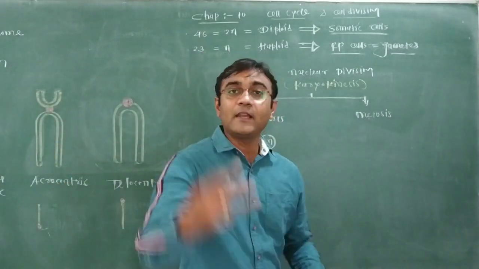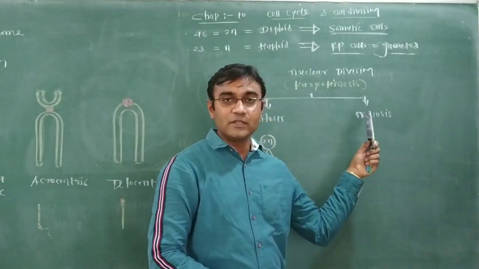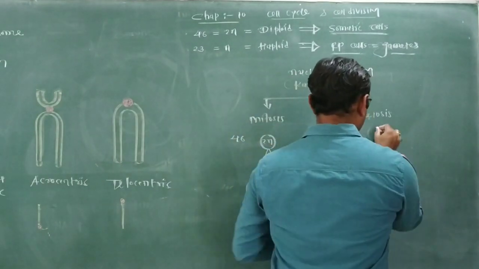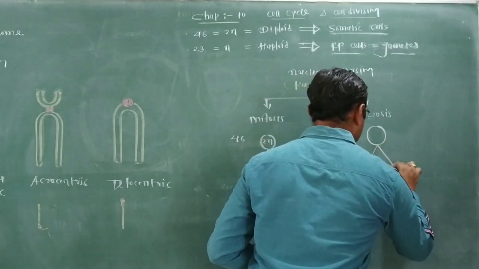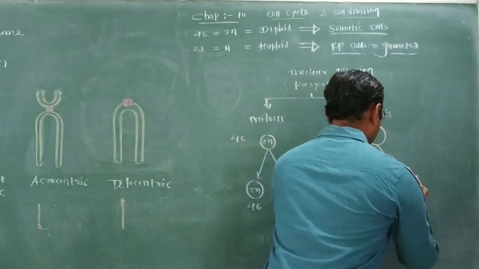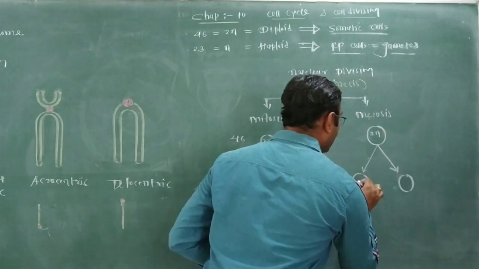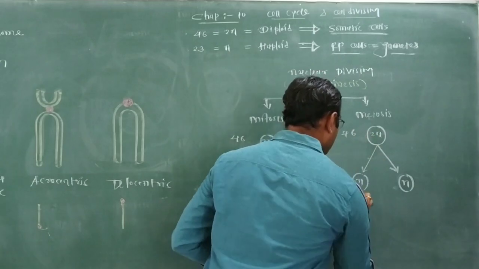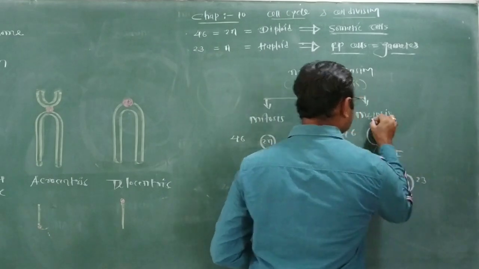Then meiosis. Here division occurs two times for a single meiosis process, which means meiosis is divided into two subphases. This is the original cell undergoing meiosis, so it divides sequentially two times. This is the first time. Here the chromosome number is 2n, so it first reduces to half, becoming n. It means 46 becomes 23 and 23. That is the first phase of meiosis.